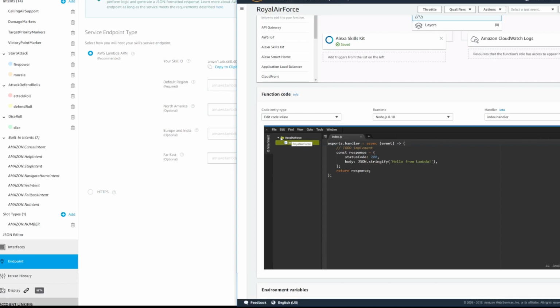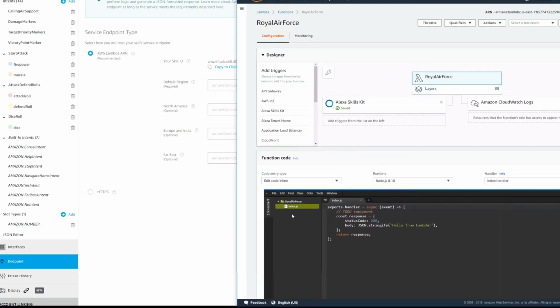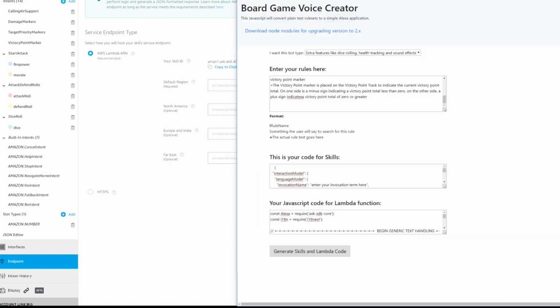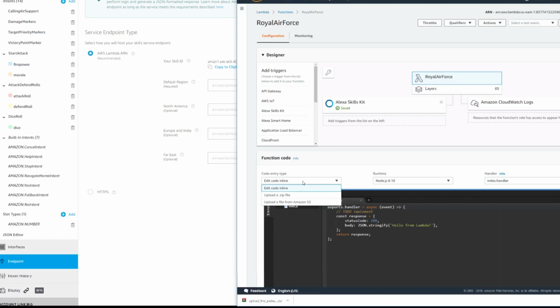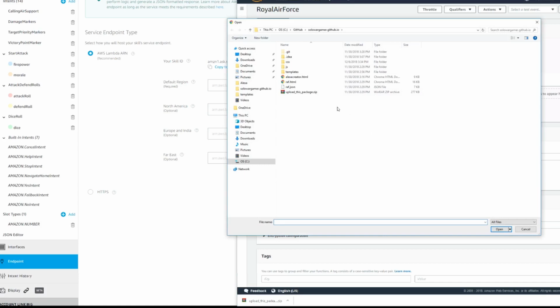And the way we're going to add them is we're going to upload a sample project that Amazon already had for us. And all we're going to do is just replace that code with ours. So we're going to get code that somebody else wrote. We're going to get their libraries and put them in here. Okay? So you're going to go here and click this. And that'll upload this package, which is a zip file. And we're going to upload that into here. So I want you to click upload a zip file, upload, and then you want to do upload this package. Click open, and click save.